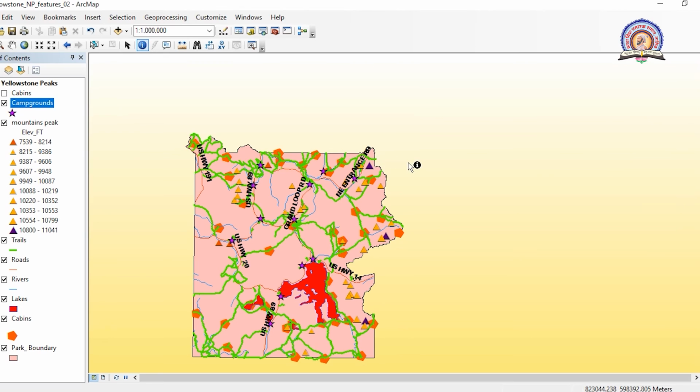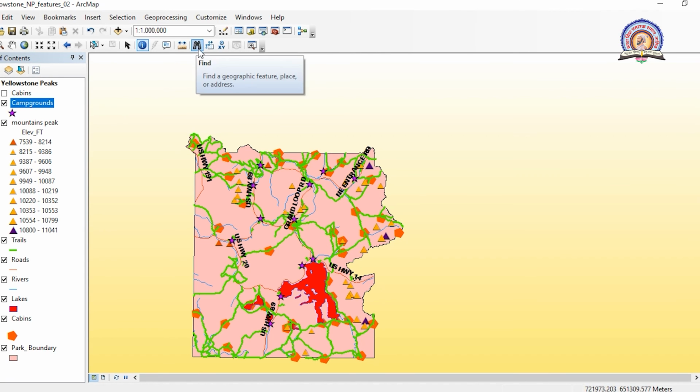So you can practice more over here. You can turn layers on and off, you can reorder the layers, we can symbolize, as well as use the identify tool, the find tool, and so on. This was our first exercise. With the help of this exercise, we are able to know the information and the application of the tools.